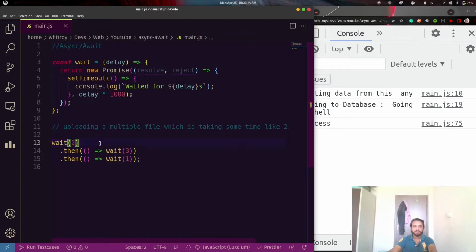But when this promise completes, wait for the next file for 3 seconds, and then wait for 1 second when that promise completes. Let's check how we can write it using async await and understand how async await works. So let's have a function.